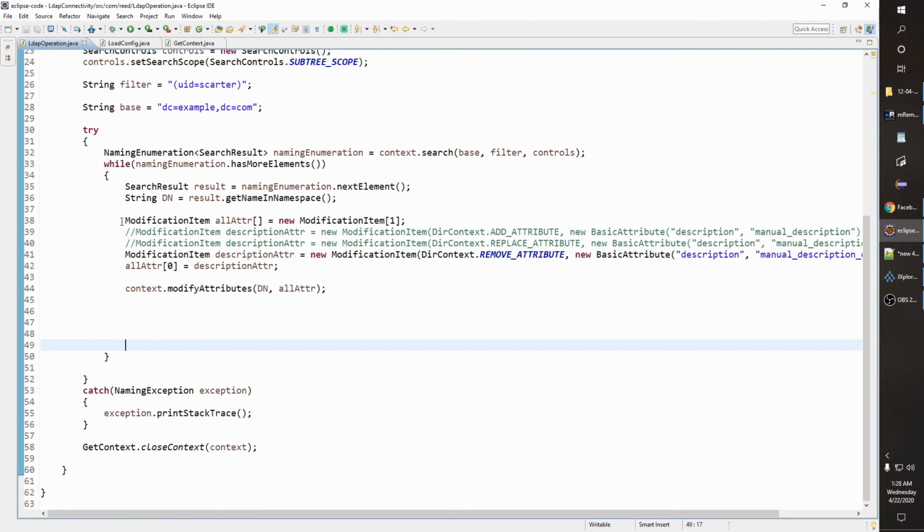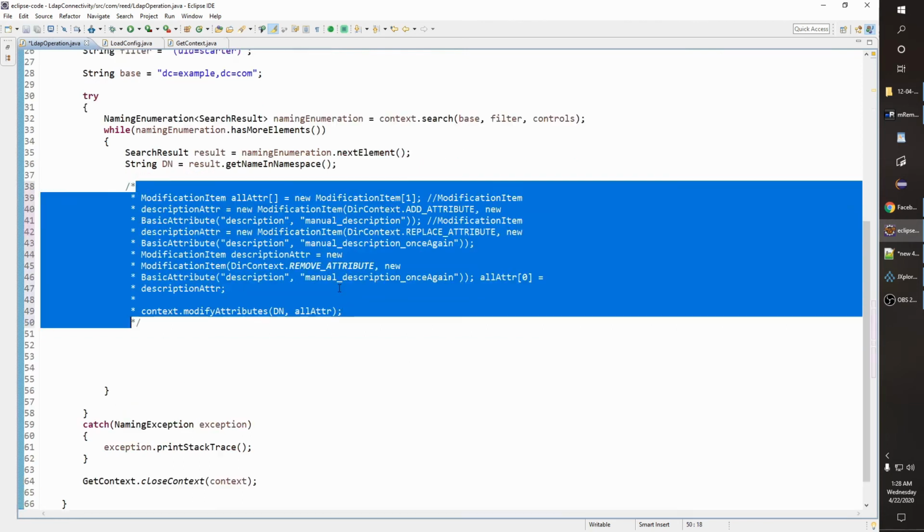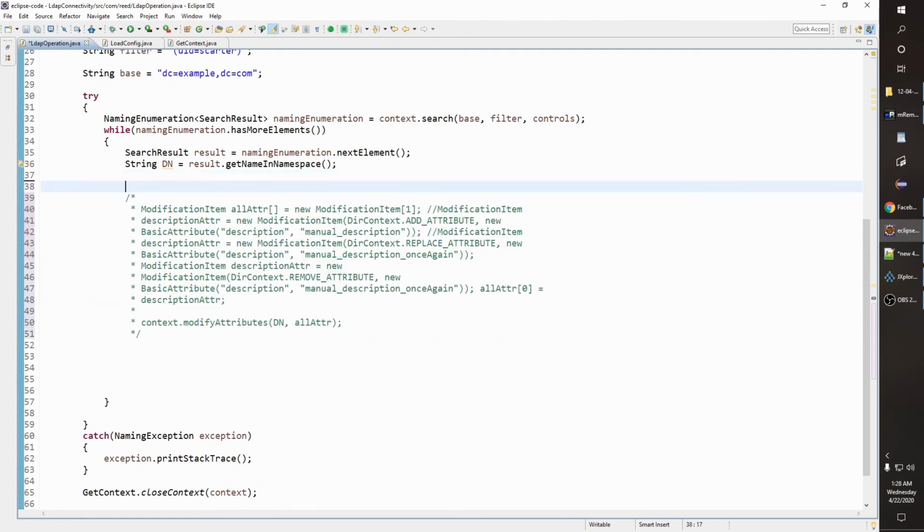Okay. So what we can do is, let's comment it and make it case 1, where we are adding value for an attribute which is not defined currently.